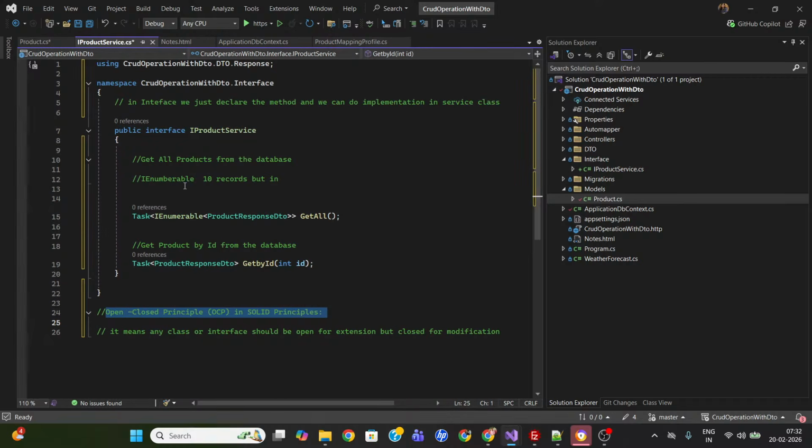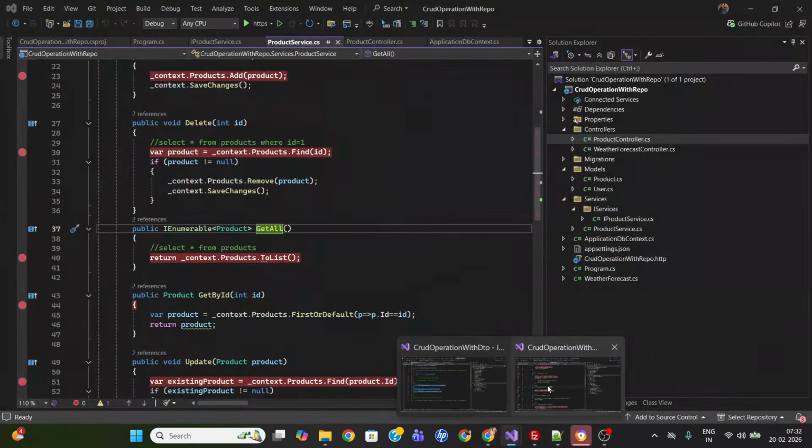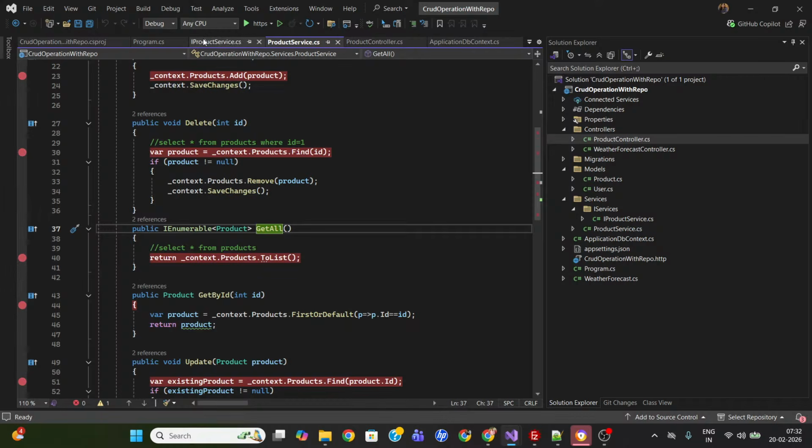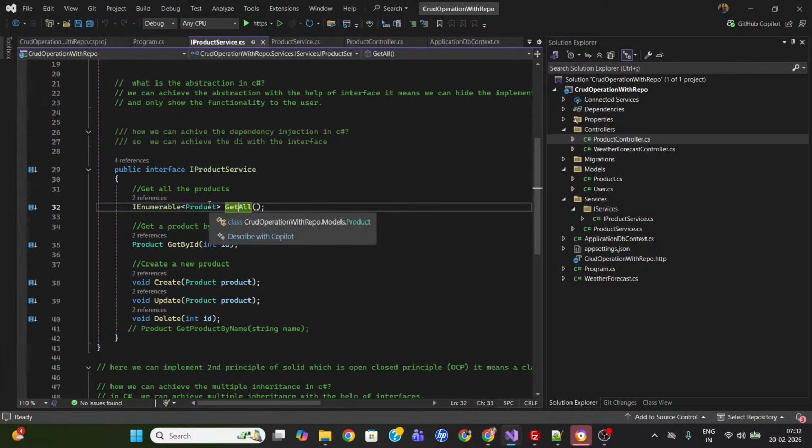This one means the interface is open for extension and closed for modification. It means we can extend anything, but we can't change the previous method via implementation. We can do that and inject it in the controller. You can see here, it means if we want a new method here,